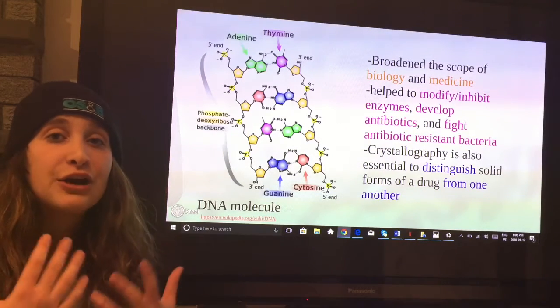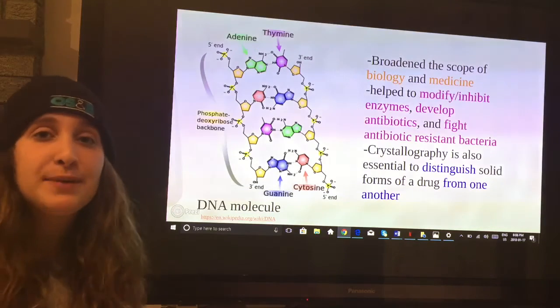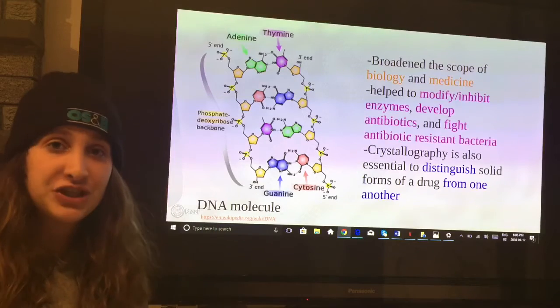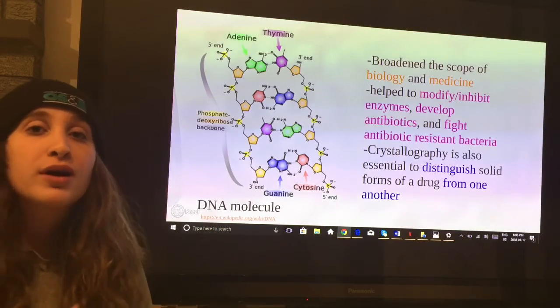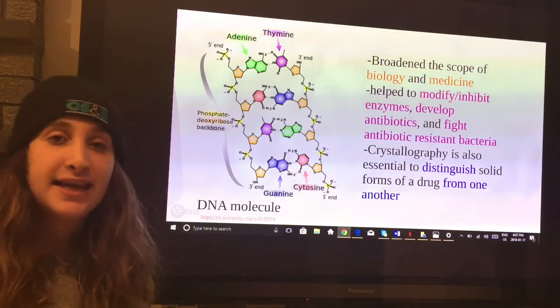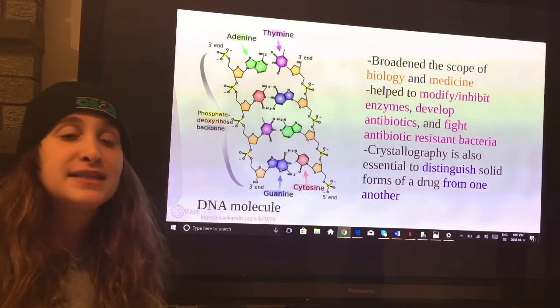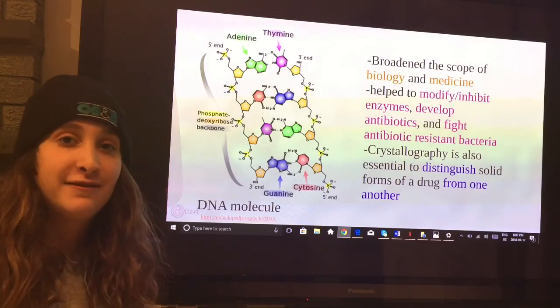So crystallography is very helpful in areas like disease prevention, especially because it has the ability to form new drugs that are more efficient in our body and thus making them cheaper. So in places where there are poorer countries like Africa and Asia, where there are very prevalent diseases like HIV, this makes these drugs more accessible and thus making it more likely that these diseases will soon become ineffective in their